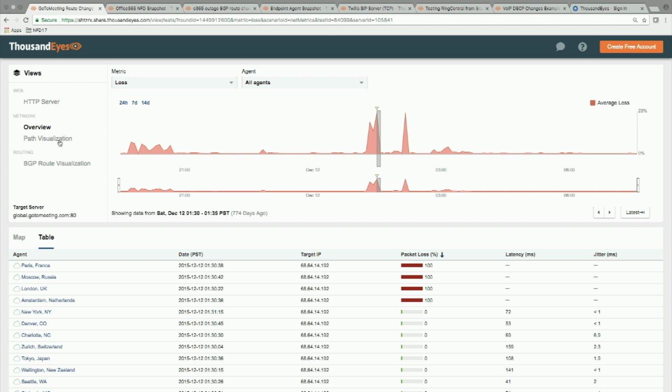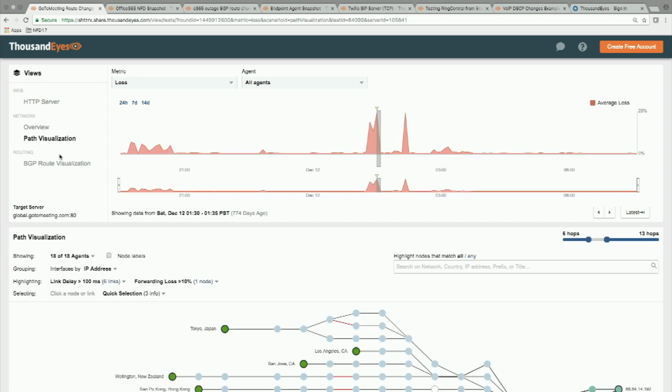And in all of these different failure modes, there are a lot of different places you can dig in. If DNS was failing, we have some tools to help you really figure that out. If the application is failing, you can dig into maybe what's going on on the website or other dependent objects that make up your service. So if we move down to what Alex was talking about, our path visualization, this is